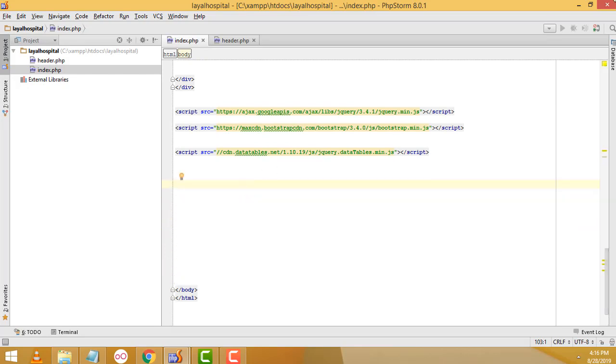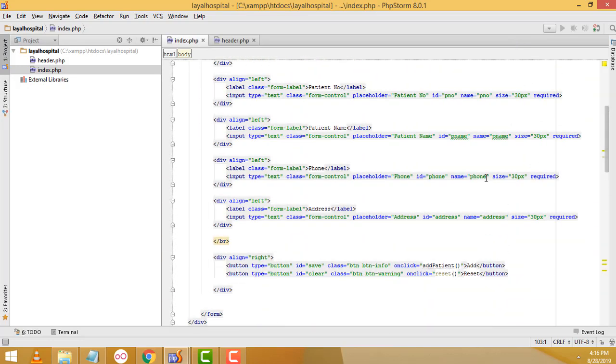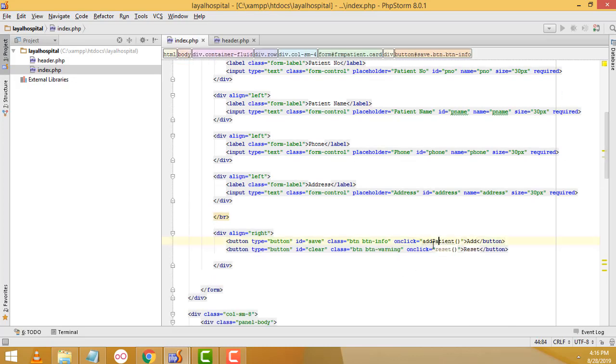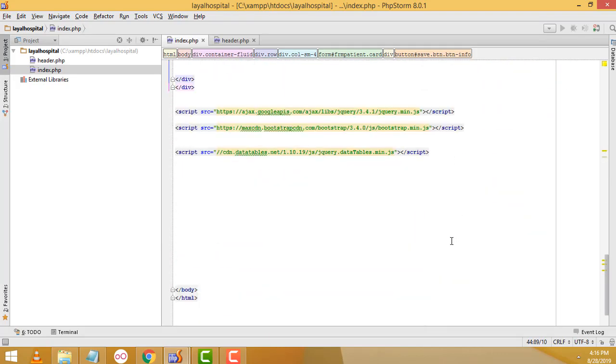First you have to write this one, right? After filling all the data into this form, click the add patient button. It goes to the add patient function. So how to write here is,